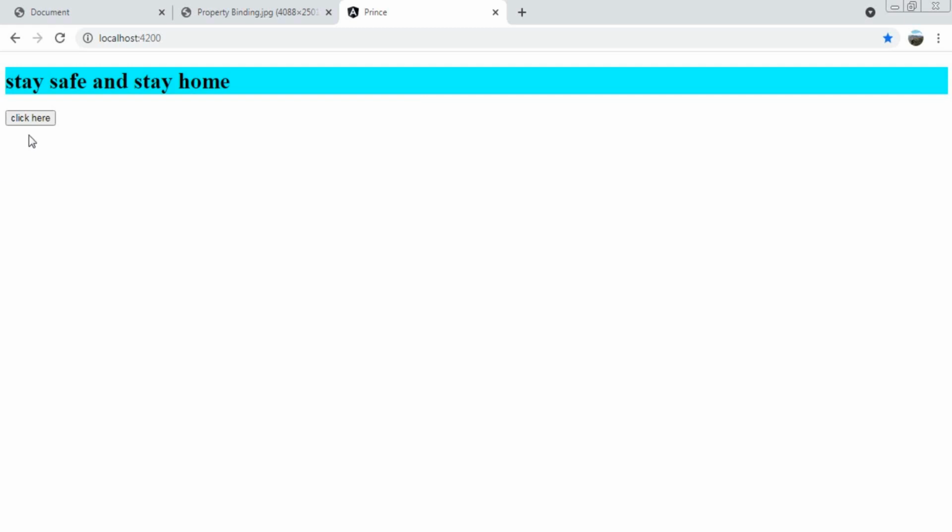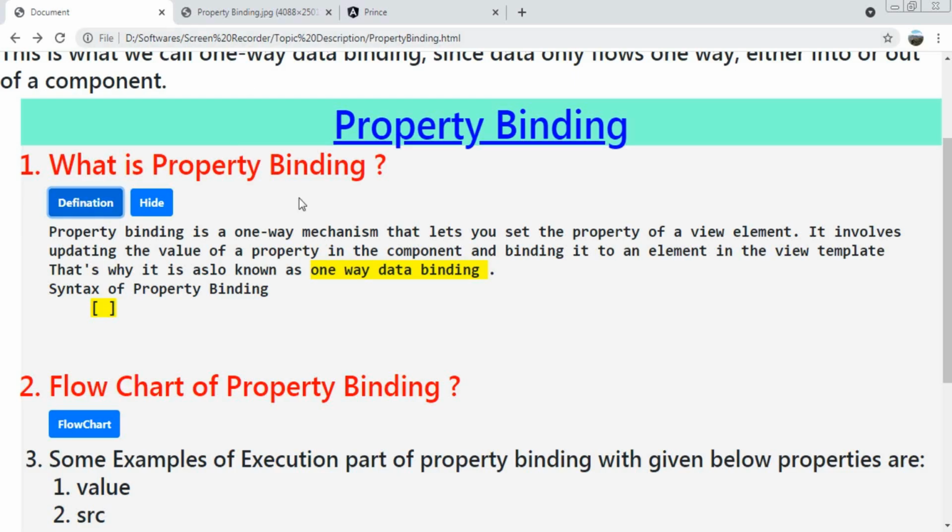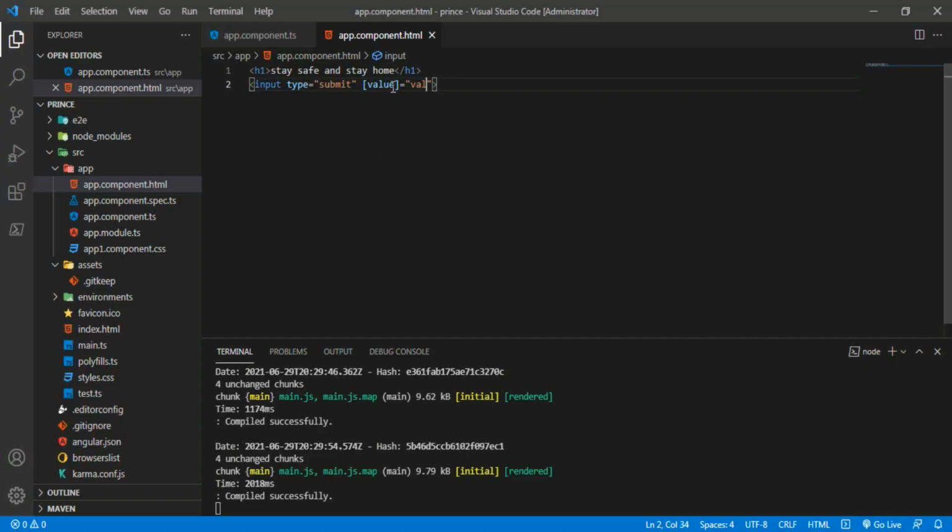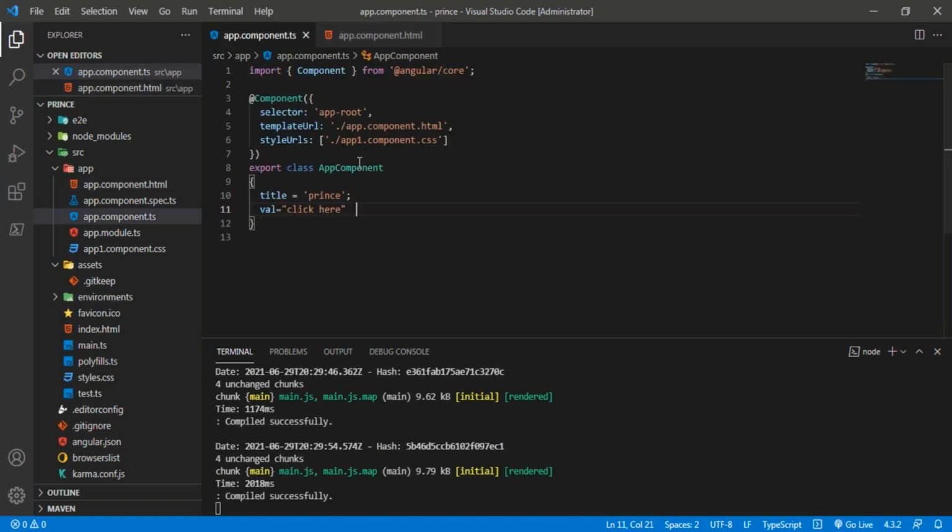You can see it's coming correctly. For property binding, we always cover our attribute in square braces, and inside the value we give our variable name which is present inside our component.ts file, like here.